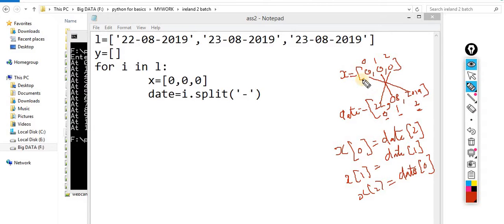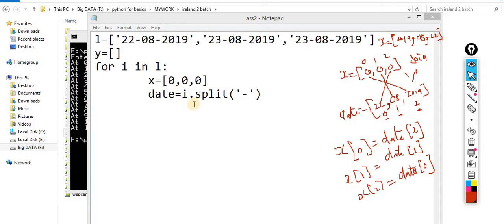Now what will be the item over here? You will get this one. This one is the list, and inside the list 29, 2019, then 08 and 22. These are still in the form of a list, and we know how we can generate a string from this list with the help of the join method. And what are you supposed to join? You are supposed to join this hyphen.